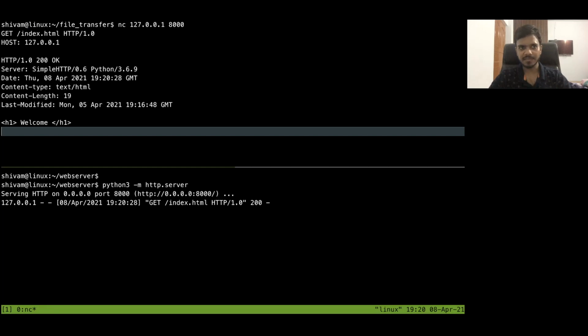See, we have successfully made the request. The output is similar to what you have seen with the telnet command before, and the curl command also. You can see the headers: we got 1.0, which is the version supported by the server, and 200 OK, which means this request was successful. The server here is a simple HTTP server, basically Python, version 3.6.9, and the SimpleHTTP server version is 0.6.